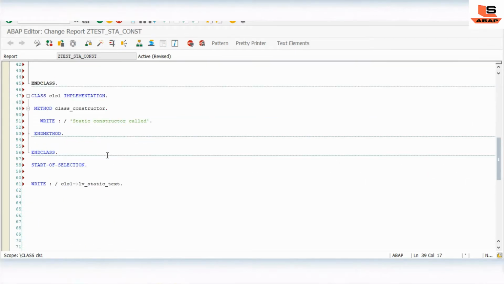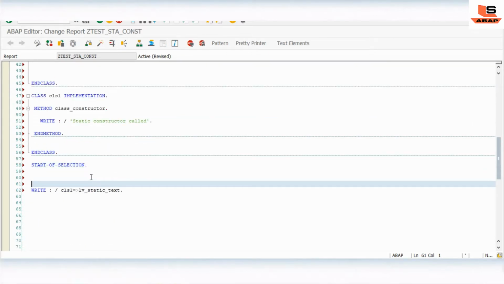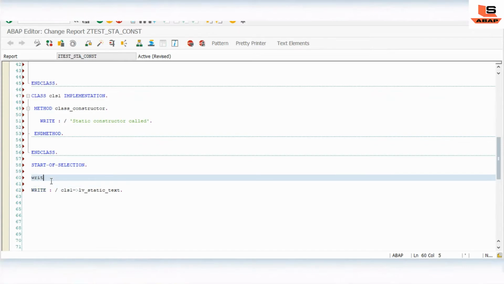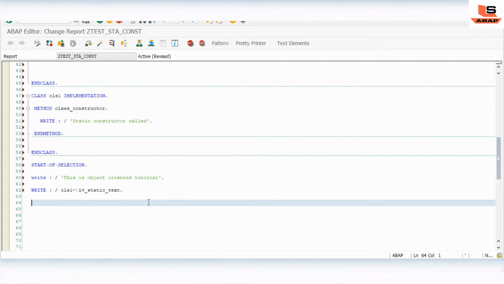In this second scenario, we will write some statement here, after the start of selection. This is object oriented tutorial. Okay, let's see what will happen now if we execute this once again.